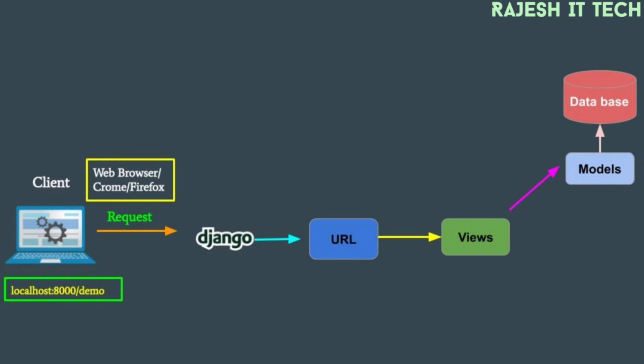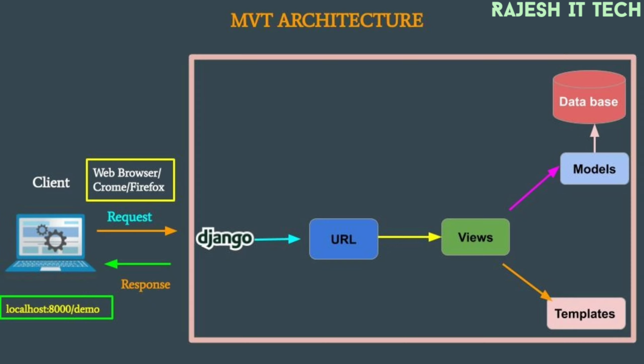If data is available, it will get the data object and return a response to the view. Again, the view will accept the data and pass the data to the particular template. Finally, it will process the request and return that template back as a response. Here, template means front-end web technologies like HTML, JavaScript, etc. Why? Because the browser understands only HTML and JavaScript.